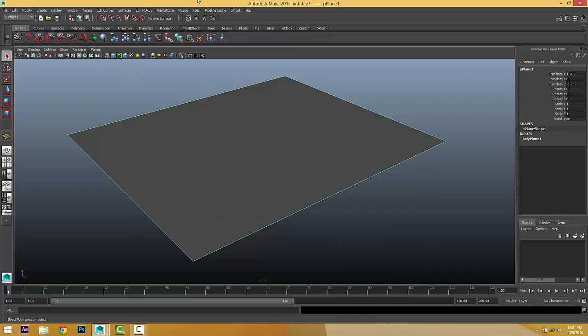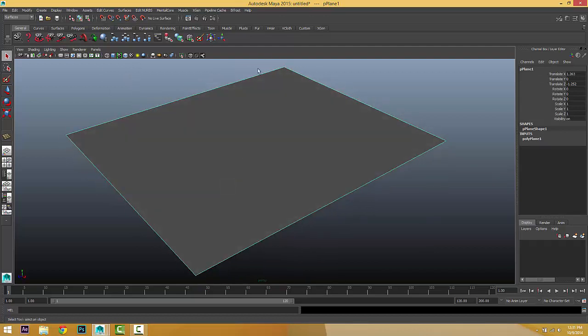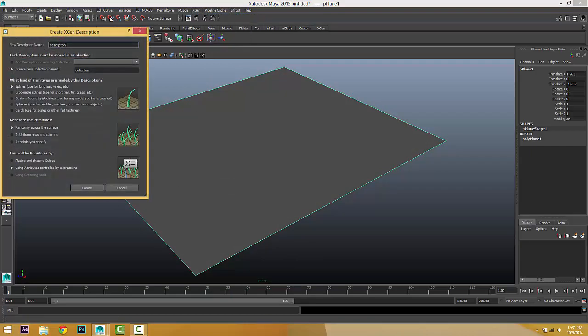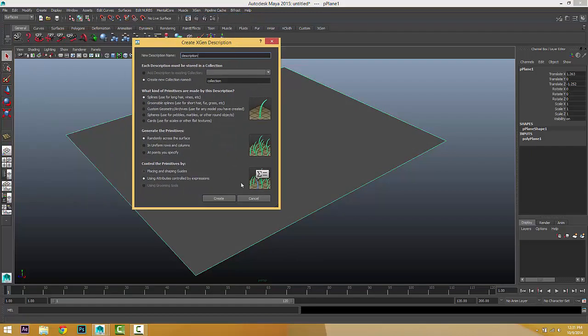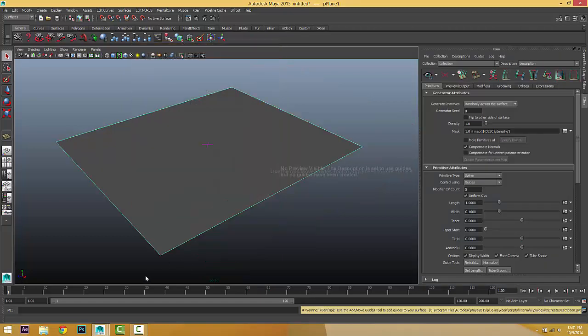Okay, select the plane, make sure the plane is selected, and go to Xgen and Create Description. With everything at the default setting, description and collection and everything, make sure you choose Placing and Shaping Guide, and choose Create.